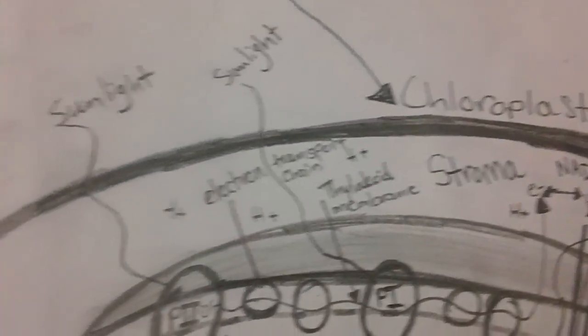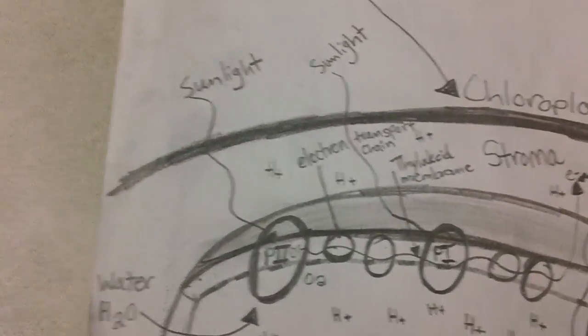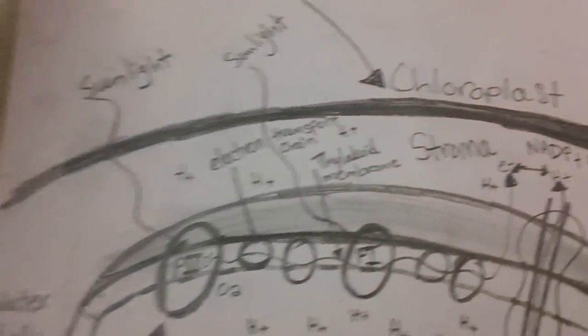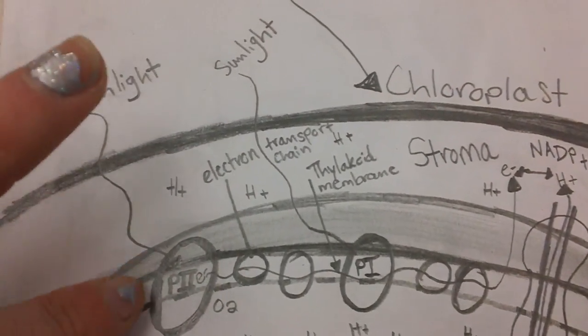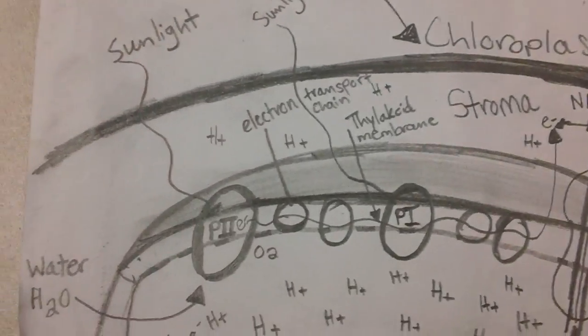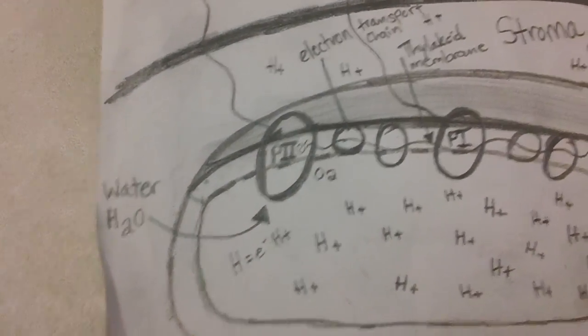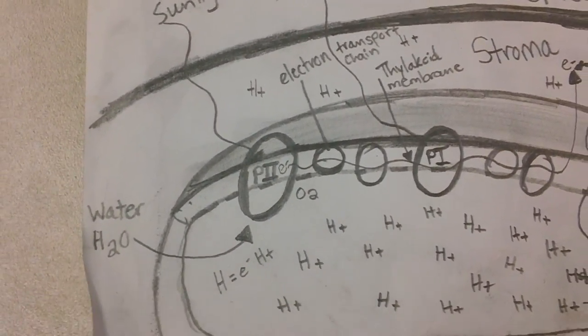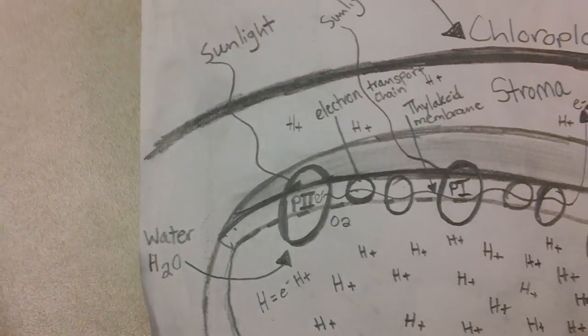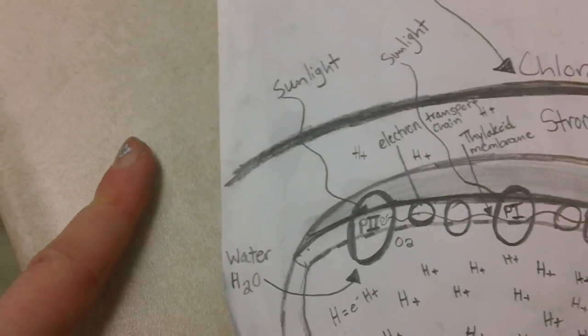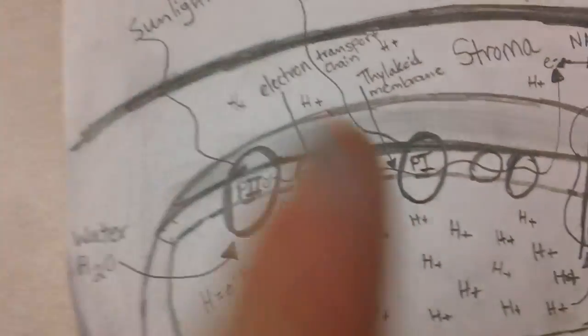First, you have to have sunlight. Sunlight and water are how photosynthesis happens. Sunlight's going to go in to photosystem 2, while water comes in. Water is going to split up into hydrogen and oxygen, and the hydrogen is going to split. It's going to become hydrogen ions, all these little babies down here, and